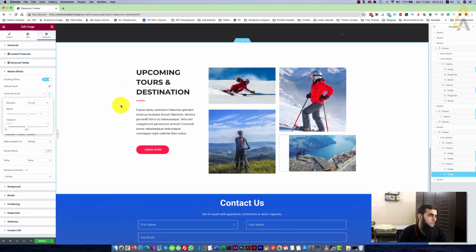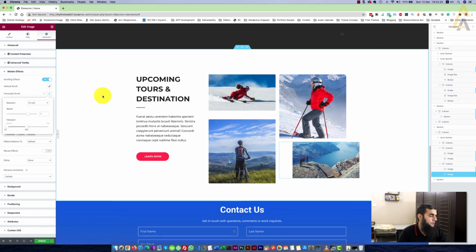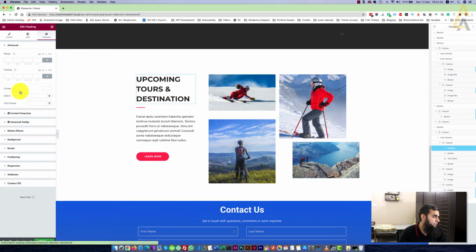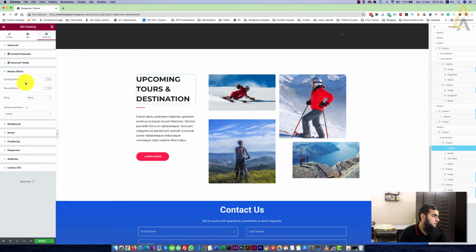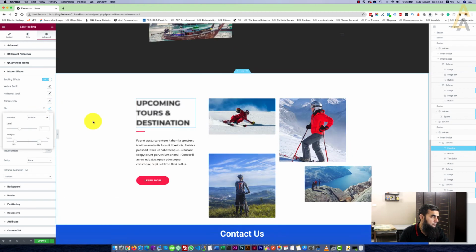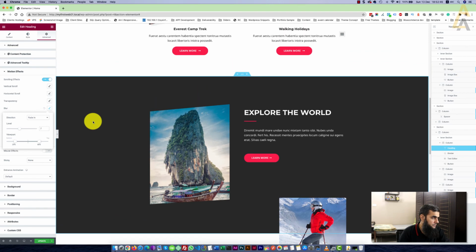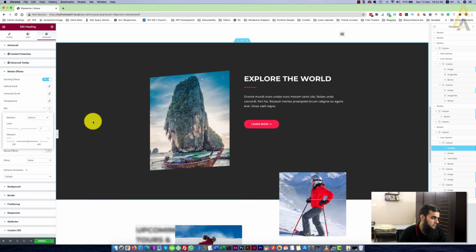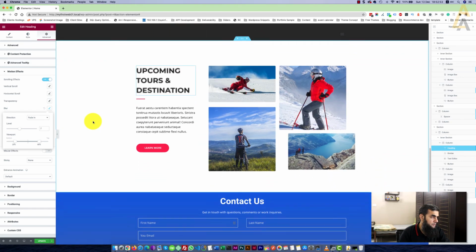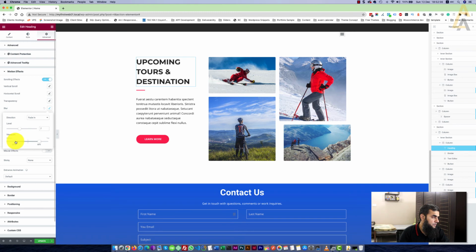Okay, now we can add that blur effect to the text. For this I'm clicking on this heading and then going to motion effects, and here we can see the scrolling effect. You will see the blur option here, which is the default one. You see, when we are coming, it is 20%, and when the viewport is at 80%, it is just highlighted. We can make it maybe